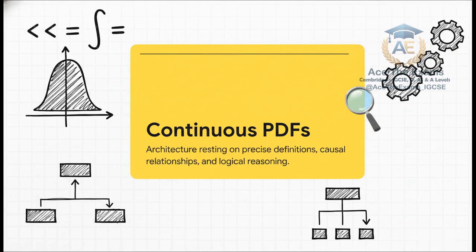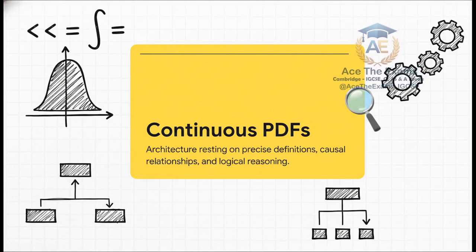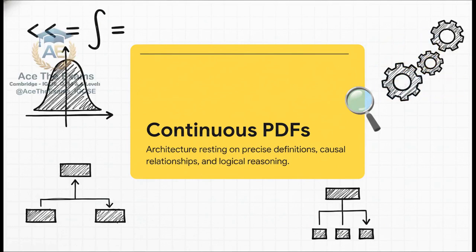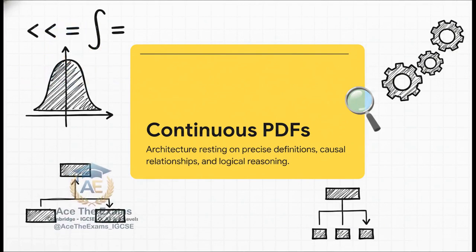To really visualize this, I'm bringing Scholar Alex into our shared mental workspace. Alex is a student whose approach is exceptionally rigorous and highly analytical. When Alex encounters a PDF question, they don't reach for the calculator first. Instead, they meticulously map out the foundational definition step by step. Alex actively writes down the constraints, stating clearly that the function must be greater than or equal to 0 for all valid inputs, and that the total area under the curve, meaning the definite integral across the entire defined domain, must equal exactly 1.